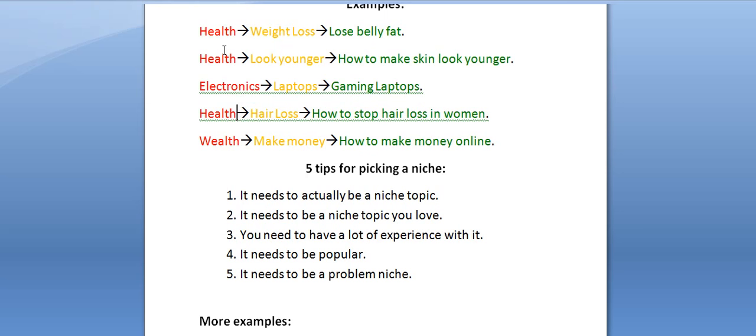They basically pick out topics that are in the red or in the yellow, and they also pick out topics that they have no association with, no experience with. And the problem with that is when you start to make your site, if you have no experience with this, you have no knowledge on that, you can't relay that knowledge to the traffic that visits your site. When people visit your site, they have to know that you know what you're talking about.